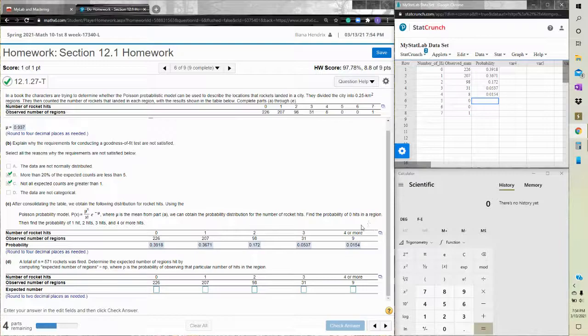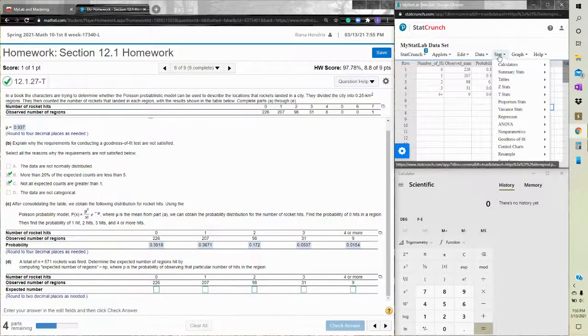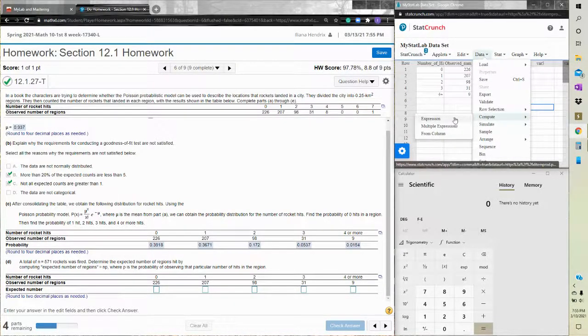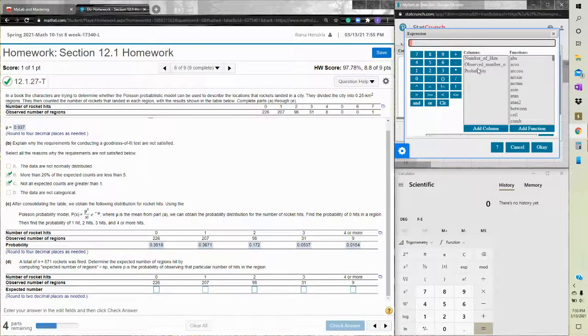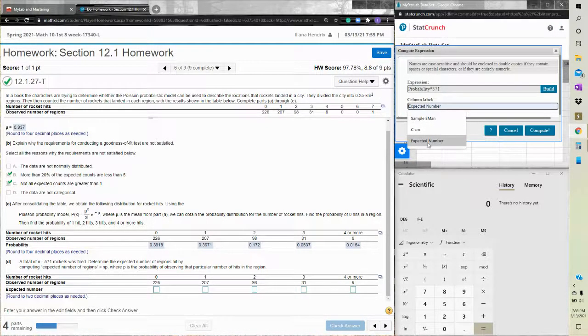Okay, for this one, as we can see, is 4 or more. What they did here was clean up a little bit, like I should have. 4 or more, and we got 9. We just added that one right over here. Okay, so what I like to do, because they tell me over here the total number is 571, was just adding these numbers up. I go ahead and compute data, compute our expression. We build it. We're going to use the probability, adding the column, and we multiply it by the number 571. Okay, and I'm going to put the expected number,